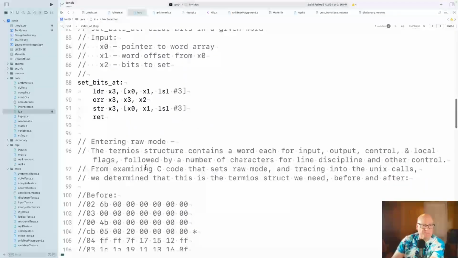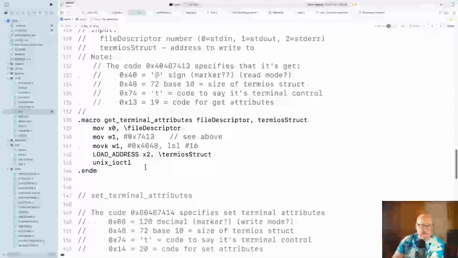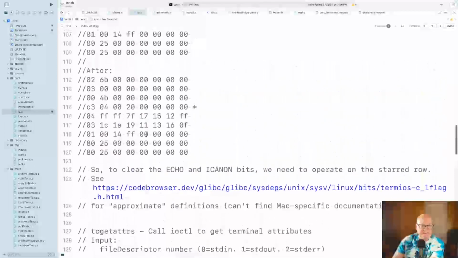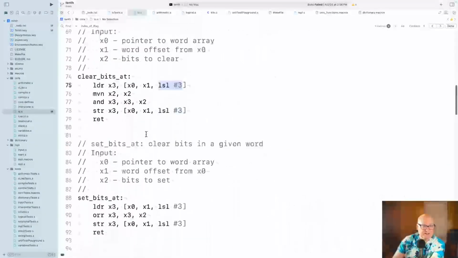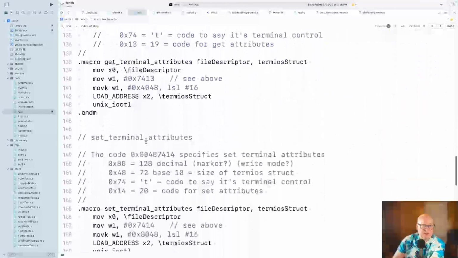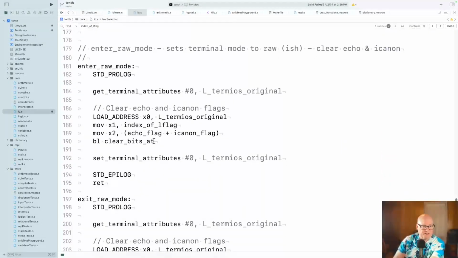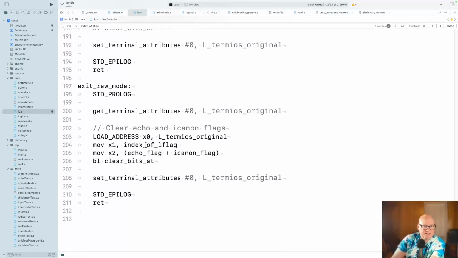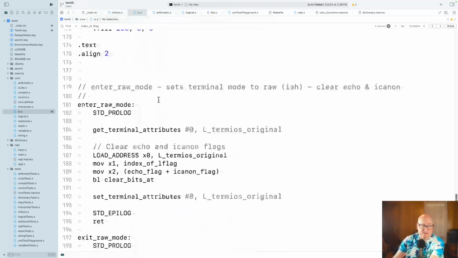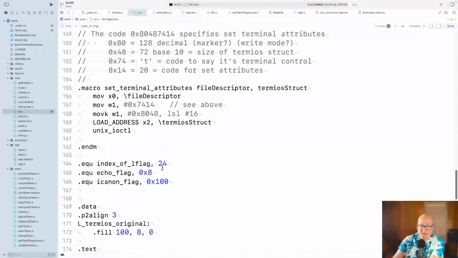But it used to be a byte offset, and I think part of the problem we have is that the constant is being used as a byte. We've got a byte offset constant and a word offset usage. Okay, so clearing these bits, X1 is index of L flag. Well, I think we multiply this by 8, so that 24 becomes gazillions bigger. So yeah, it needs to be 3 because 3 times 8. Okay, so